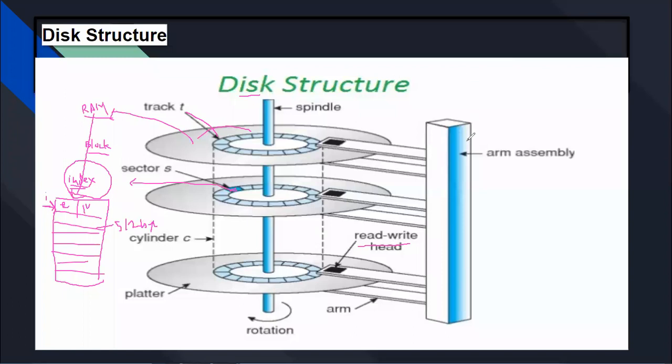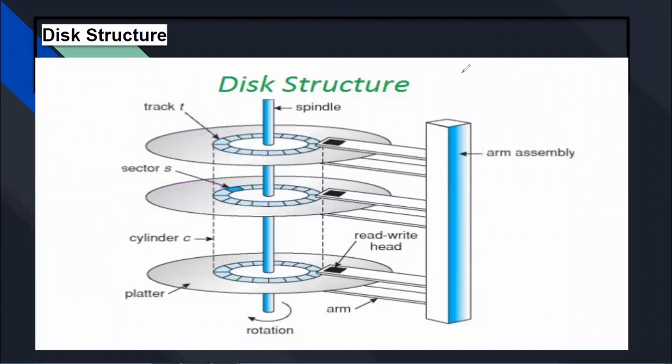I hope everyone agrees. Means, where will its indexing start from? 0 to 512 bytes of records we can store in one block. I hope this point is clear to everyone. Again, I'll repeat, this is a very important part: block address means block size. What is the block size here?